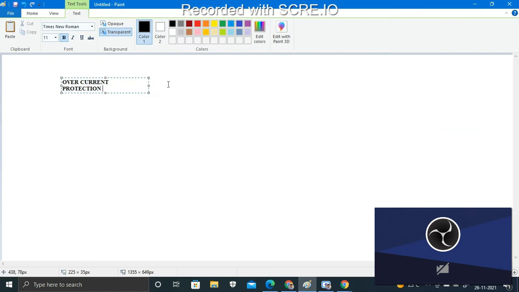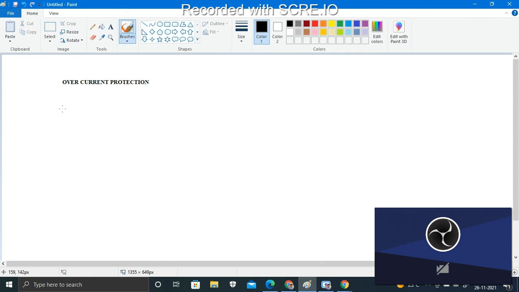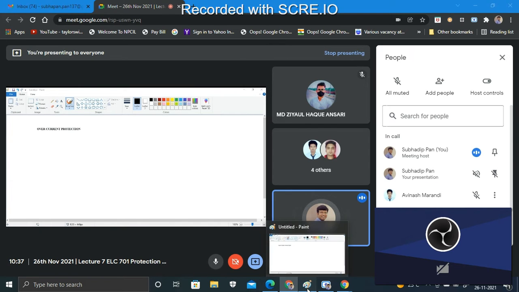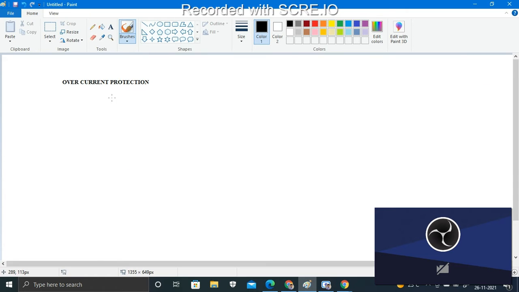So, in case of an overcurrent protection, use root 3 by... okay. So in this case, root 3 by... no, root 3, not root 3. Already we have a discussion in the previous lecture. So the overcurrent protection schemes, we have to solve it. What is actually the overcurrent protection? That thing we have already discussed in the previous lecture. Okay, so we will again start.